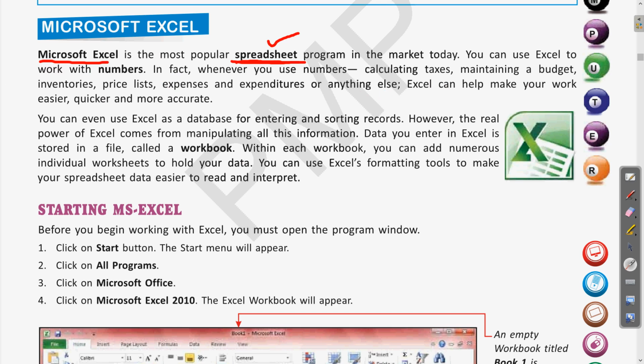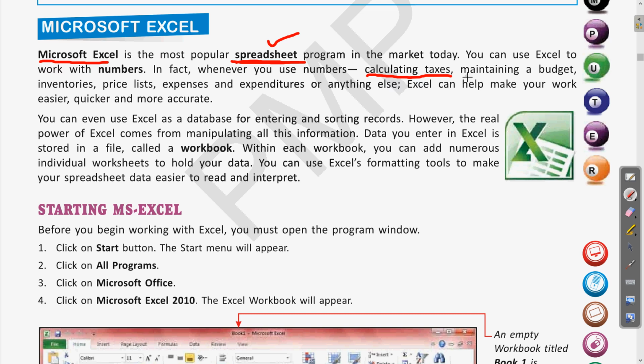Clear? So what all can be done by using these numbers? By using the numbers we can calculate taxes. Clear? So this can be very beneficial for the various economic forms or the various tax forms where the taxation or various other things are done related to the income of the person and various other related things.